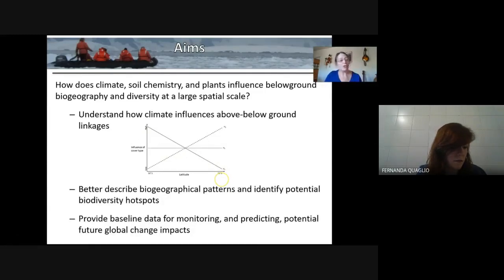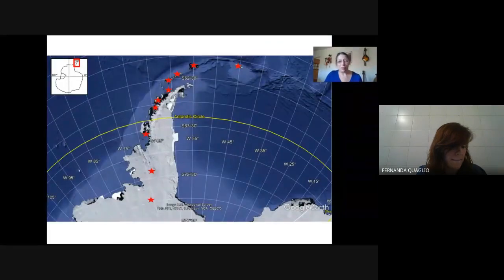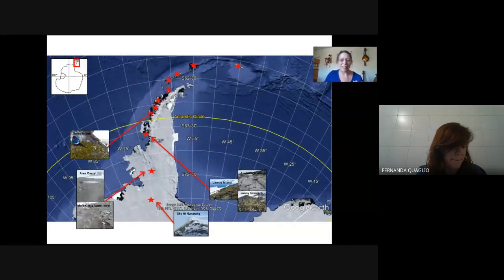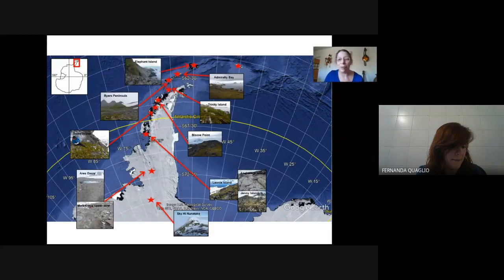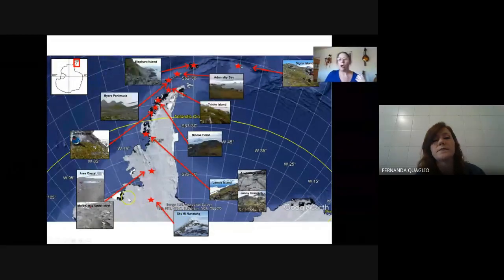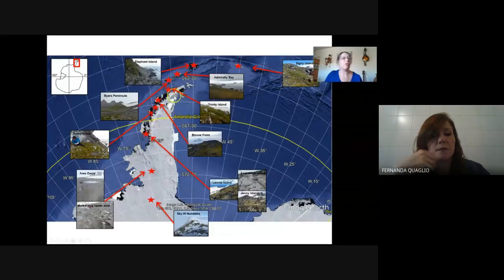In addition to that ecological question, we also wanted to understand who lives where and why. The goal being to identify areas to protect without having to put a shovel in the ground. So we sampled from 10 points, a total of 13 sites along 2,300 kilometers of the Antarctic Peninsula, from a southernmost point at Sky Blue on the continent, up along the west side of the peninsula to the southern end of the Scotia Arc, and that includes some previously well-studied sites as well as some very understudied or new sites.